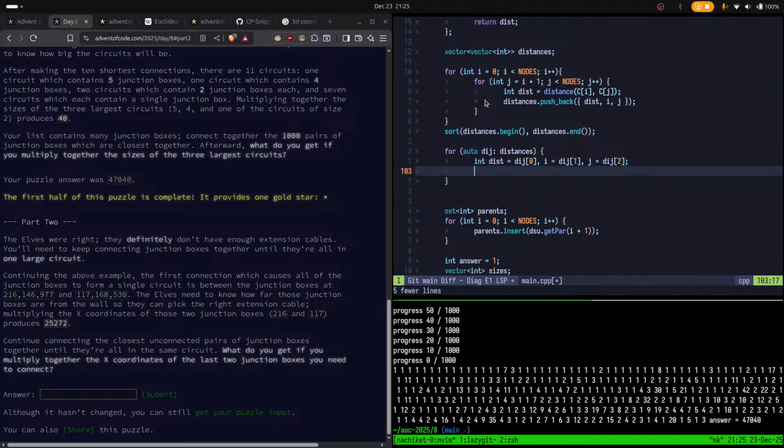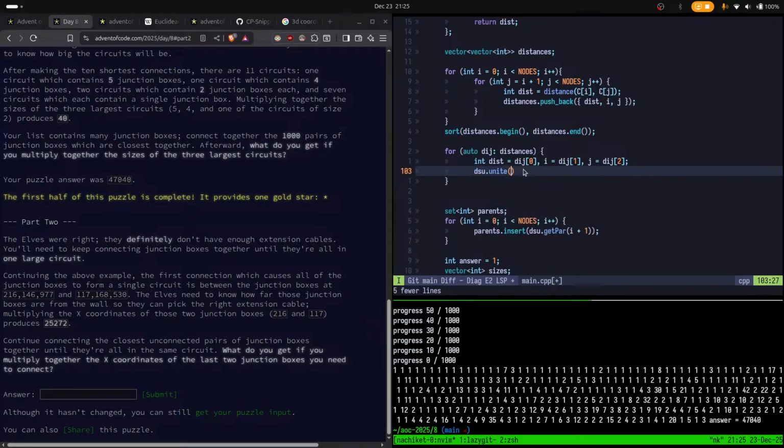We need to unite them since we are already traversing them in sorted order. We don't need to find out what is the actual order in which we should combine them. The order is fixed. So DSU dot